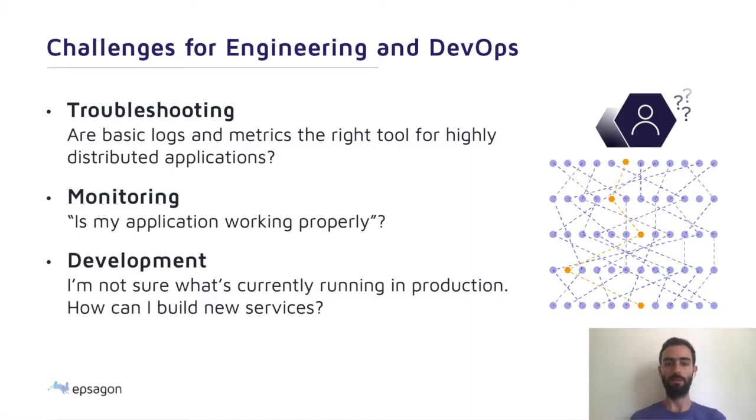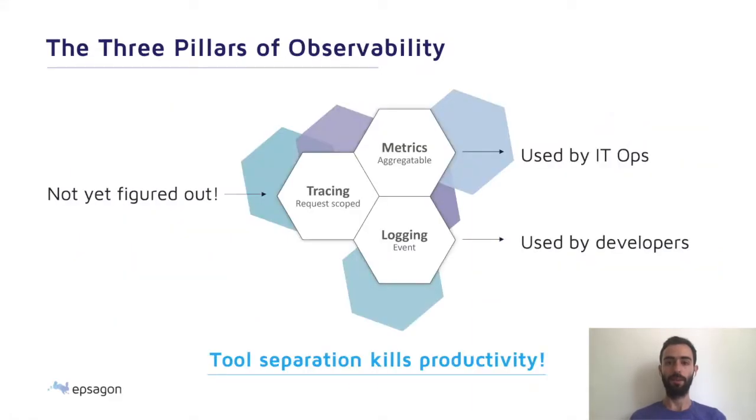and understand what happened between each and every service. In addition, there's monitoring: is my application working properly? Or are there any bottlenecks in my system, and what does my system even look like? Ultimately, both of these things also impact our development, because most of the things that we're experiencing in production happen also in the dev environment. And this is where we need a good tool that helps us to gain observability.